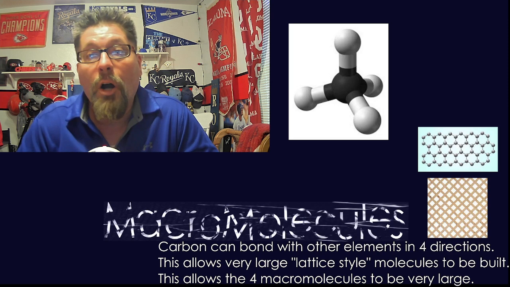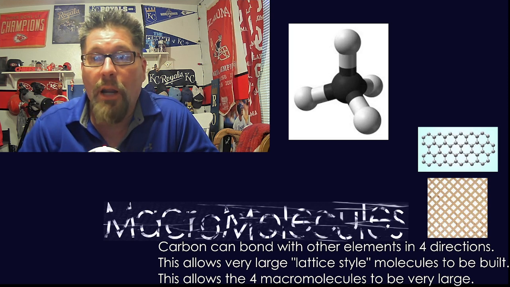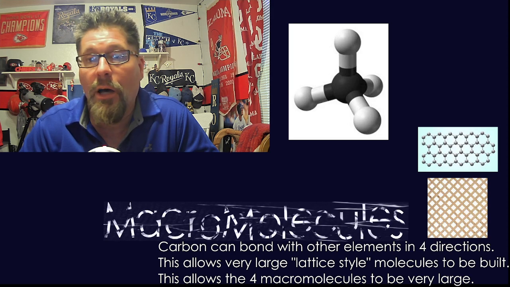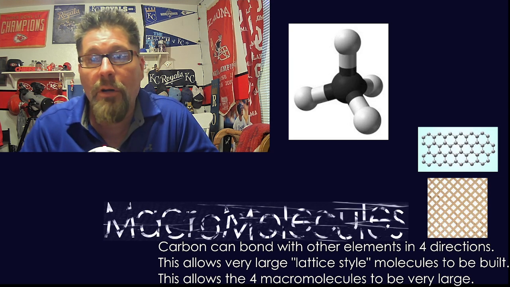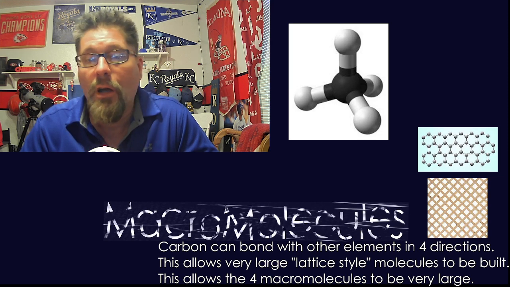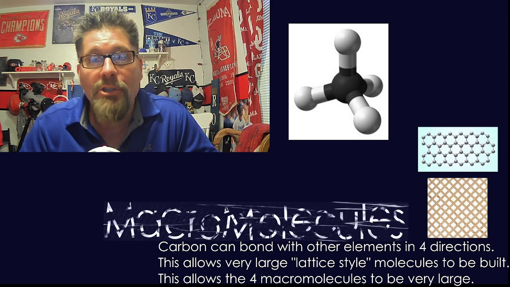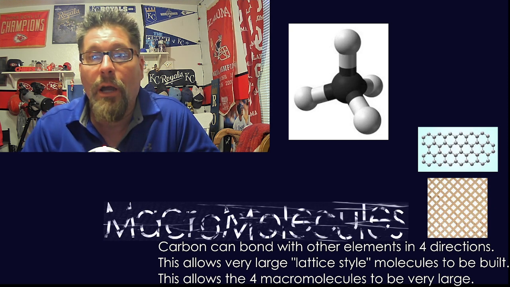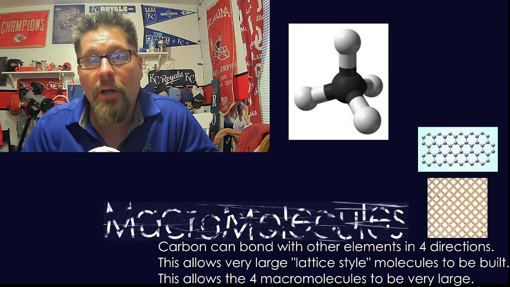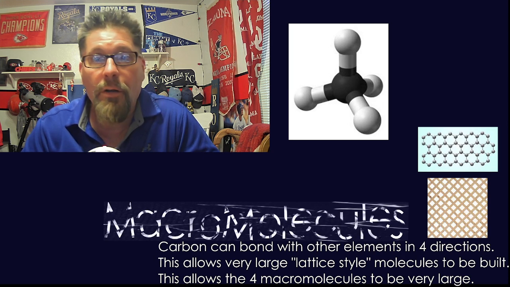Okay. Carbon is a very, very unique element, and its uniqueness is what allows all of this to happen. This is carbon over here. Picture that the little black circle is carbon, and the four whites are hydrogens. The column that carbon is in allows it to have four bonds. It can bond with four elements. In other words, it can go in all four directions. All other elements that are not in that column can bond with three or two or one, and so they can go in several directions.